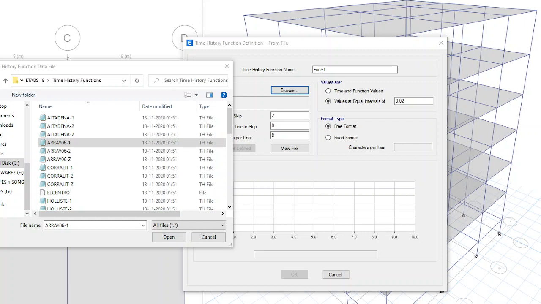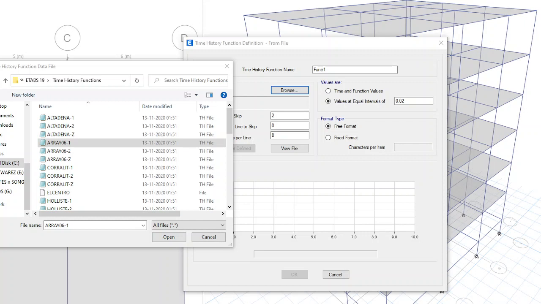I'll just tell you step by step. Go to C drive. You have program files, open that one. In that, do you have Computers and Structures? Open that folder. In that, you can see the time history functions folder. Open that folder.